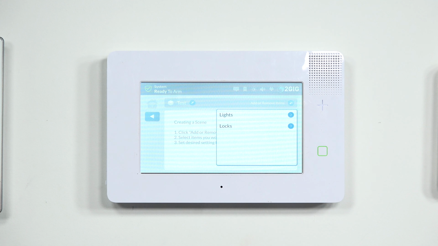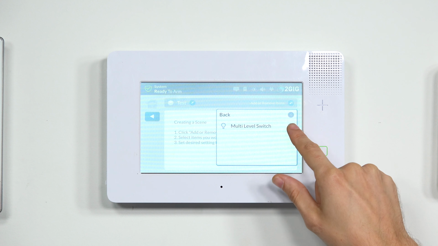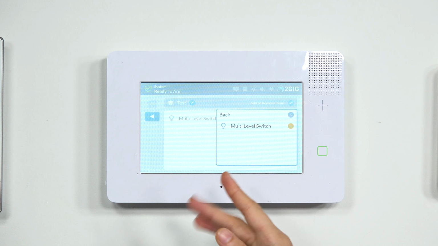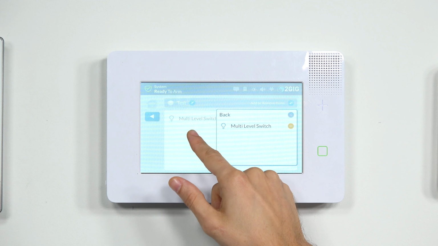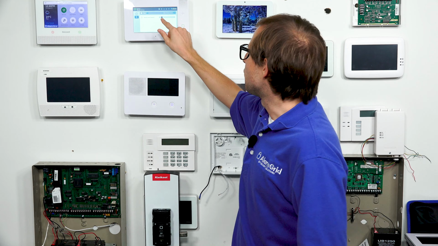And again, you have to be very specific with your button presses because I seem to be having trouble with that. We'll press the blue arrow this time, and this time it did get added. You can see it over there off to the side. And when I press out of it, you can see we can set the light to a different level depending on how we want it.